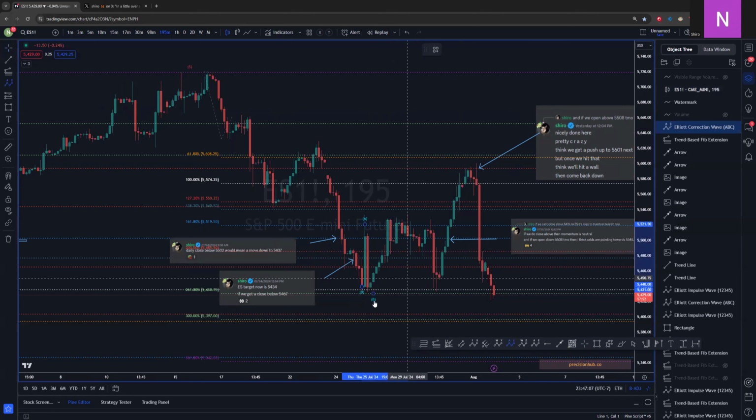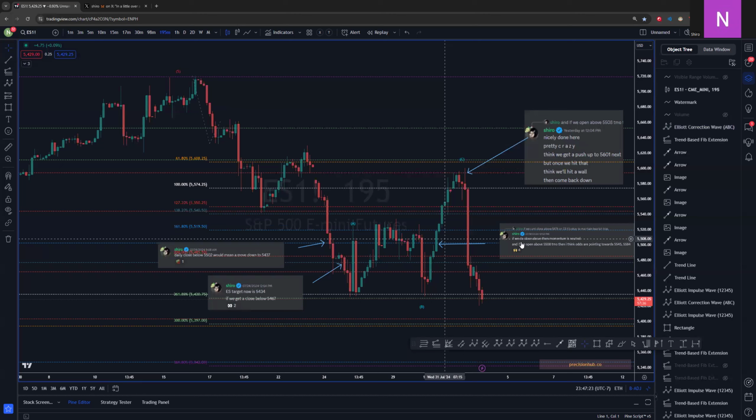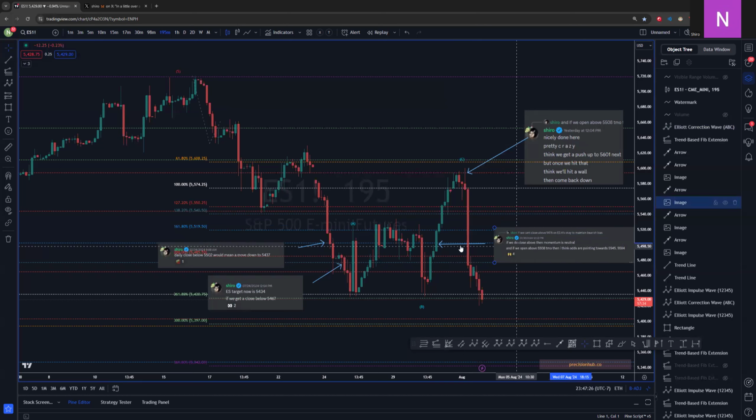Once I saw this wave B be put in, I was waiting for some kind of confirmation of the break of the range, and I mentioned that if we close above 54, or if we open above 55.08, which is this level right here, then we would have a very high chance of going up to 55.84 and 56.01. I mentioned yesterday near close we were going to get a push up to 56.01, but once we hit 56.01, we're going to hit a wall and come back down. Why? Because